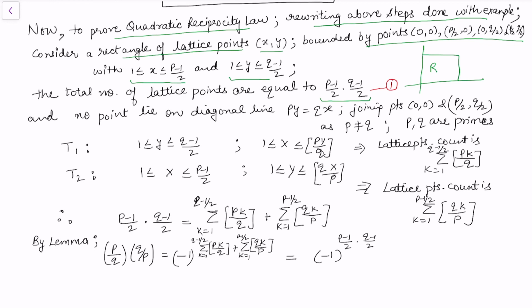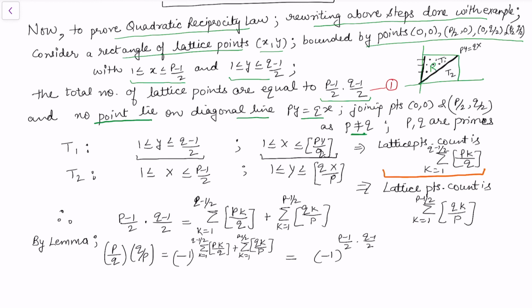And to count in the other way, we started checking whether the points lie on the diagonal or not, but they do not lie on the diagonal, as the primes that we are using are distinct primes. So in the region T1, we have now converted this into the diagonal. Once y is varying, x varies as per the equation of the line. The line is py equal to qx. So x can vary between 1 to the greatest integer of py by q. To count the number of lattice points, once we fix the value of y, we see how many x values are varying. And the total count of these points is this one.